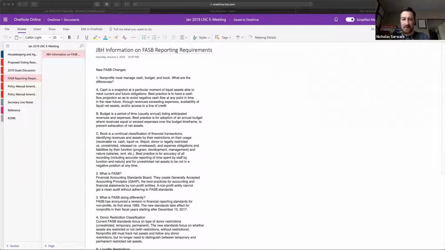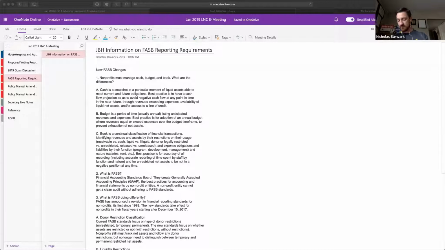Quick question, Ms. Mattson. You said a separate chart of accounts. You're saying that we would need to revise our chart of accounts to more accurately track with these requirements, but we wouldn't maintain two parallel charts of accounts. Is that right? Right. Not two charts of accounts. We would just revise the one that we